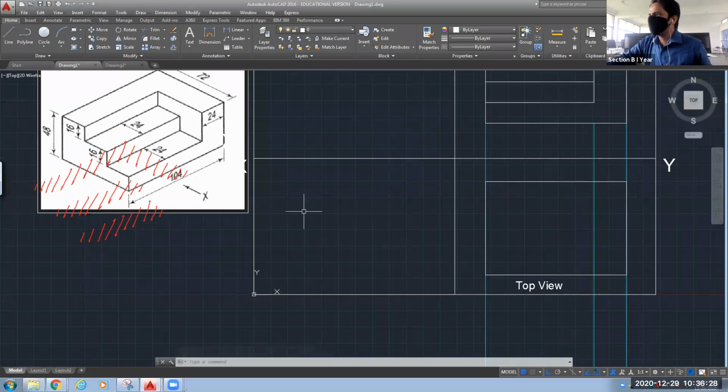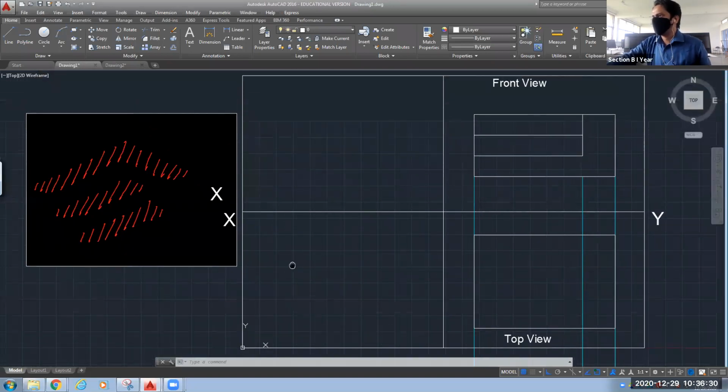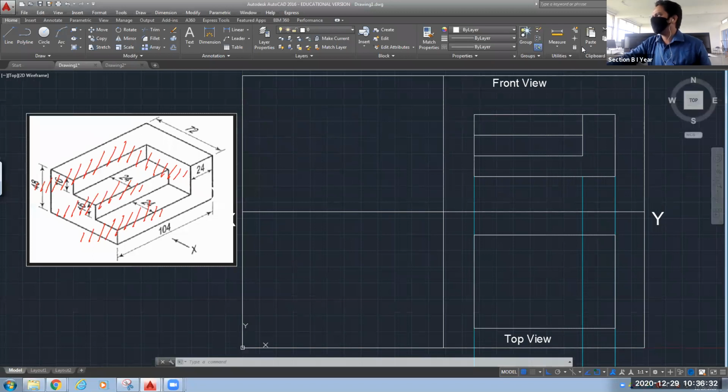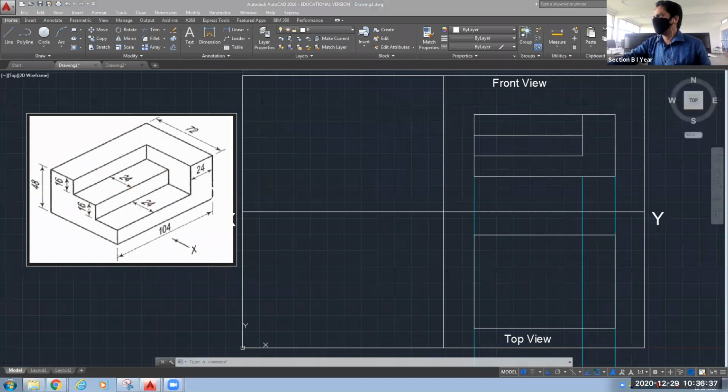Now what is this distance? This side, oh, annotations have been misplaced. This is your 24. This is your 24. You can see here. This is 24. The L shape is here. Okay. So we need to draw the L shape at this location, starting from 24 on this side. So let's offset this line.